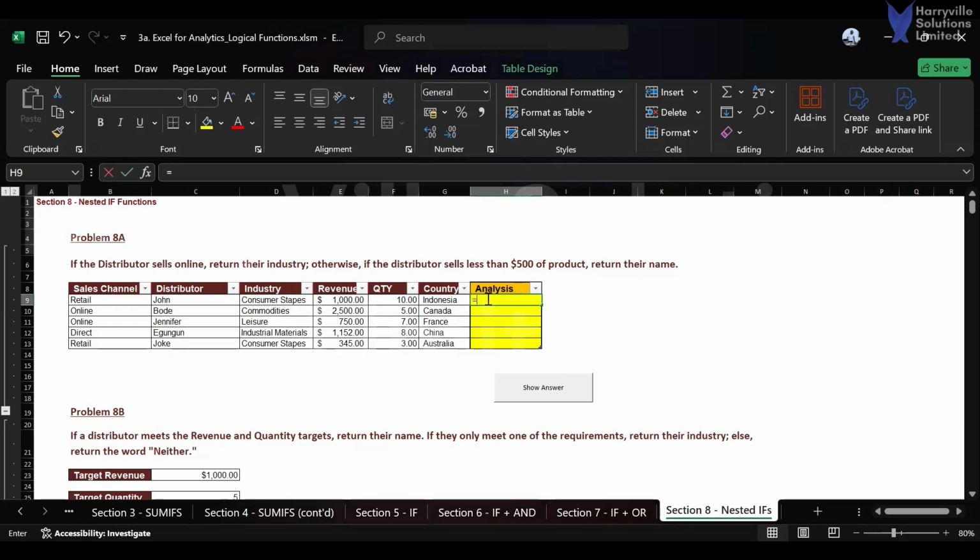We say equals IF, and then the first thing we are going to be bringing in is AND. Now the first logical test is that they said we should check if any of these distributors sells their products online. In order not to make the formula too long, I'm going to be using the cell names. The first cell I'm going to be using is this sales channel, to check if the distributors sold their products online. So I'm going to be saying